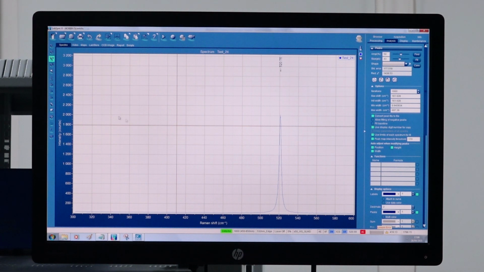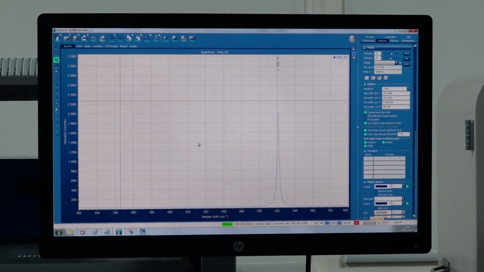For example, you can see the maximum intensity that we have obtained is 2000. So if I set it to 50%, all the peaks that have intensity above 1000 will be visible, that is, will be shown here as such. Here it is at 520.75. The silicon peak should ideally be at 520.7, and here the silicon peak is at 520.75. So the instrument needs some calibration so that the correct peak positions are obtained for further materials.